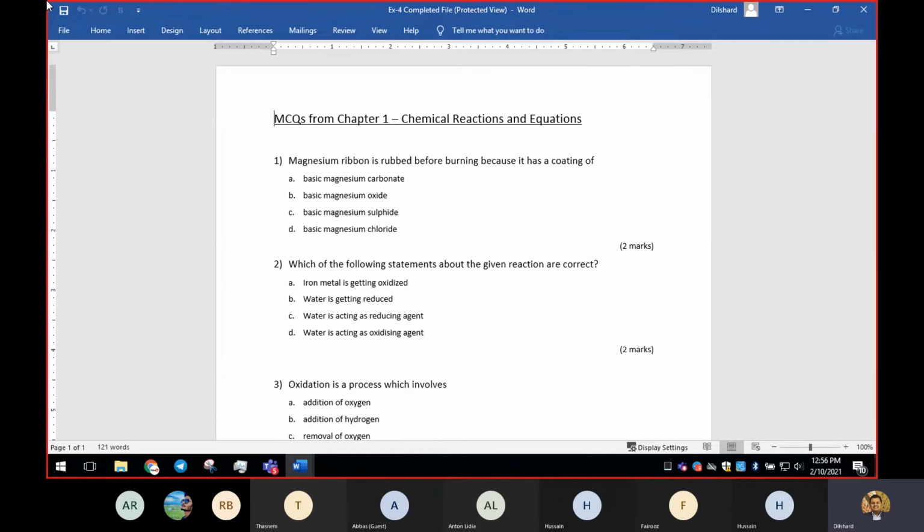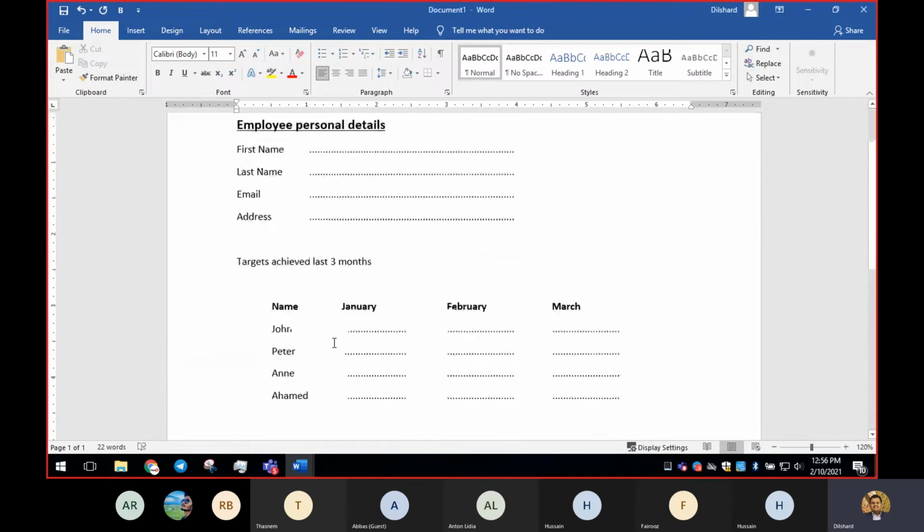I'll download and keep it here. Once you have all the portals ready, I'll ask you to re-upload everything there. Whatever files you're doing, make sure to keep a copy. If you upload it to your OneDrive and send it, then the OneDrive copy will be available. Easy, right? Okay.